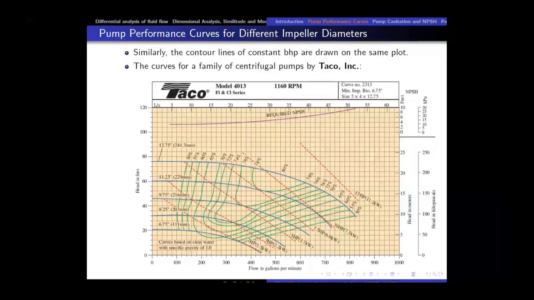But we need to draw those net positive suction head available curves as well to compare with the required net positive suction head. Right? I hope that this chapter is more about the application. So you need to focus more on how to do the selection of the pump, and how to make sure that we choose the best efficiency pump which gives us the required volume flow rate. It all depends on these performance curves having constant efficiency contours, as well as the consideration of net positive suction head